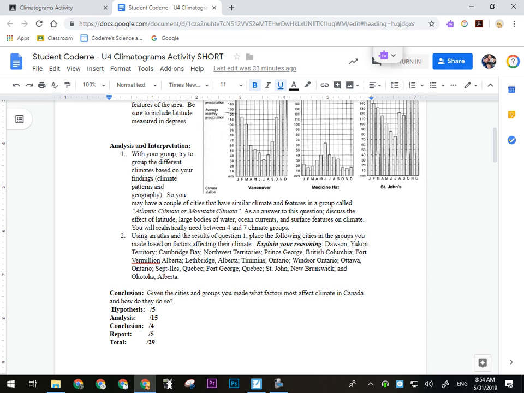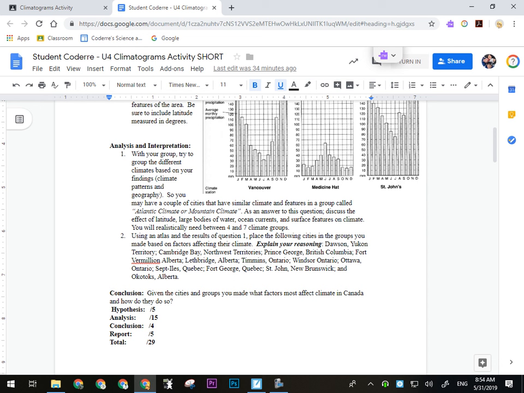All right, so if I'm looking at Halifax and St. John's, yes, they are affected by the same things. They're both close to the ocean, they're both at sea level, they have similar latitude, and so on. I have all the same kind of factors affecting climate, right? So what you're going to do is make up these groups,